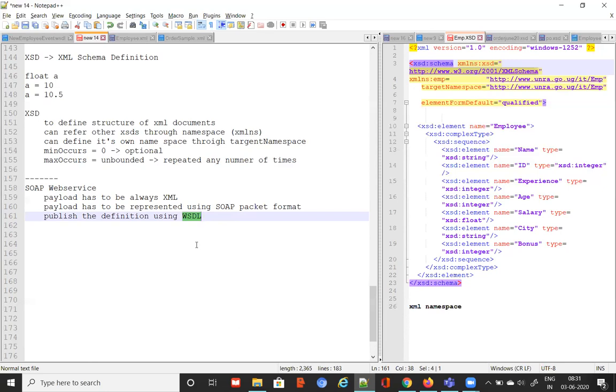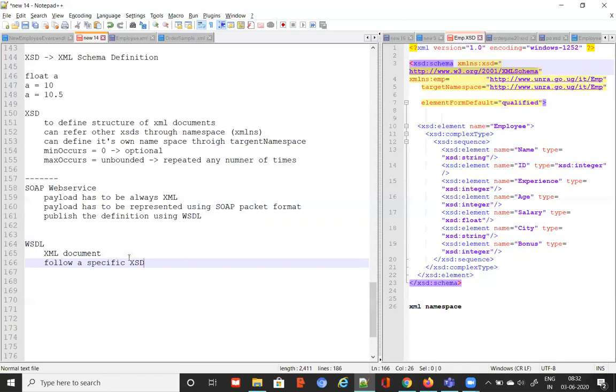So now, what is WSDL? That is a document. Now the WSDL document, what do you think it is going to be? It is also going to be an XML document. Everything is XML in web services, specifically SOAP web services. In SOAP web services, the WSDL is mandatory, and the WSDL is also an XML document. And it will also follow a specific XSD. It has to. You cannot create any XML document and say this is a WSDL. The WSDL has to follow a specific standard, a specific structure.